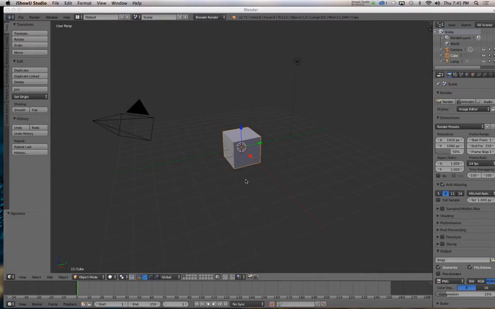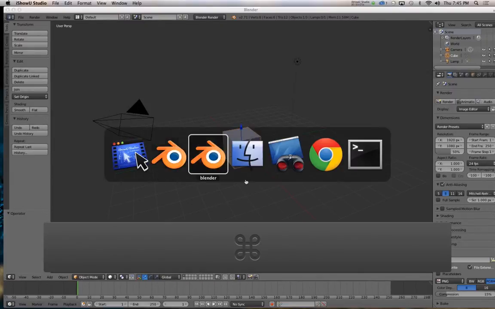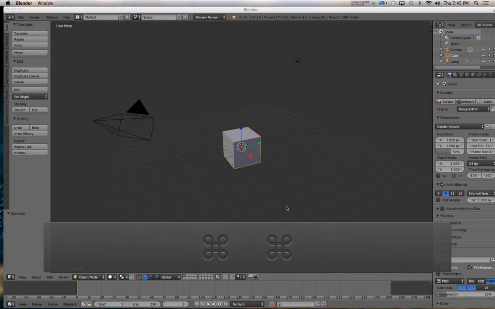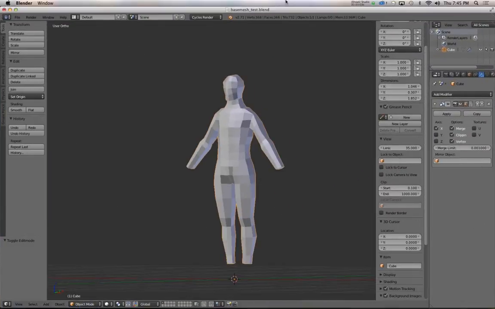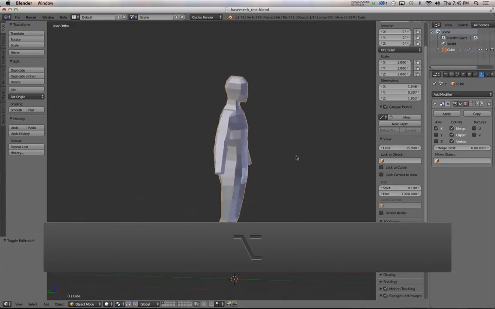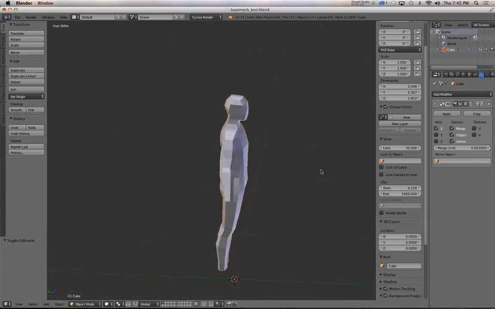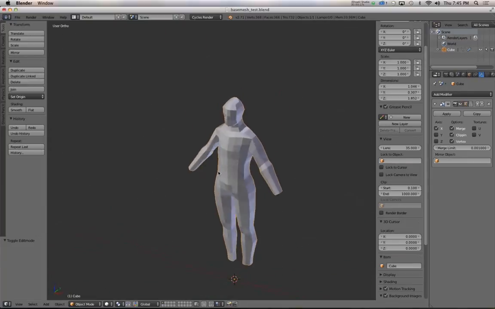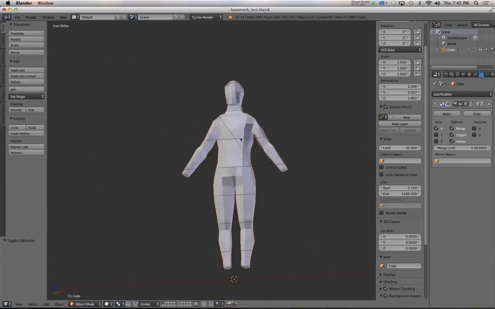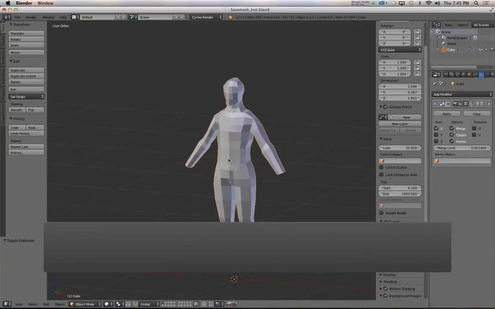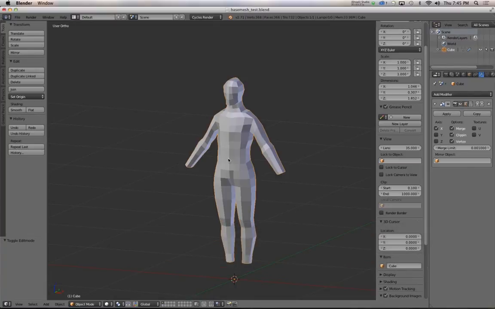All right, so the point of today is to create a human base mesh, and we will get pretty close to this point, give or take some feet maybe, but we'll cover kind of how to get started modeling a male base mesh